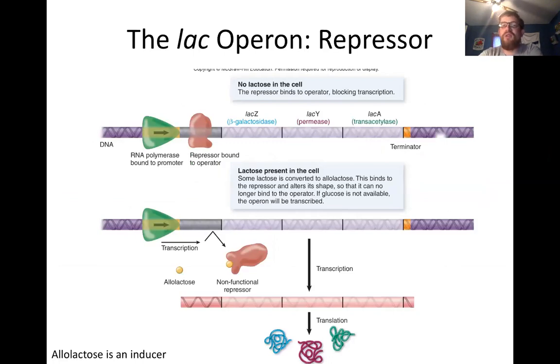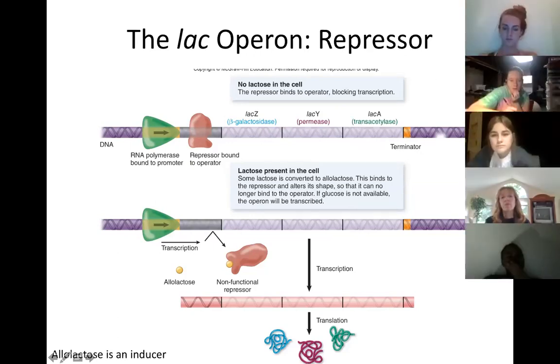All right. So this is the lac operon. What it's not showing here, and we'll talk about this in just a second, is that in order for this polymerase to bind, there actually was an activator that also had to bind. And that would actually be in this situation down here, because we'll talk about that activator specifically. So, look at this. Enzyme, enzyme, enzyme, all important for the utilization of lactose as an energy source.